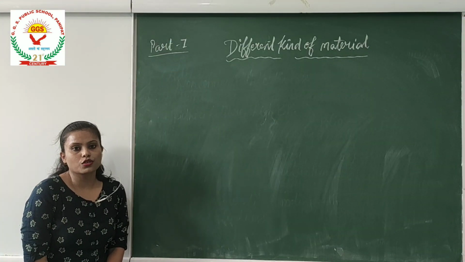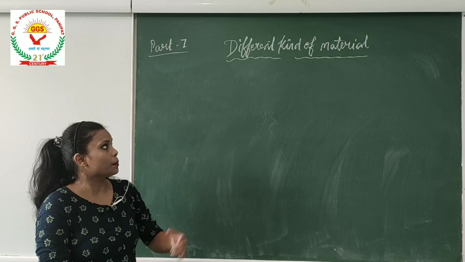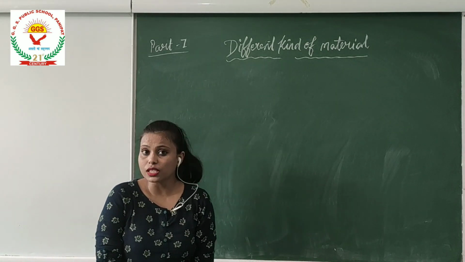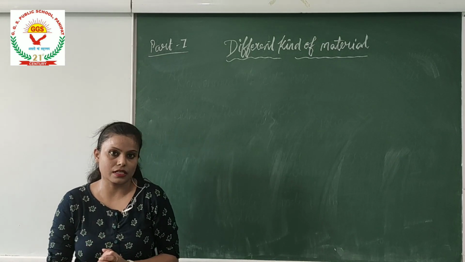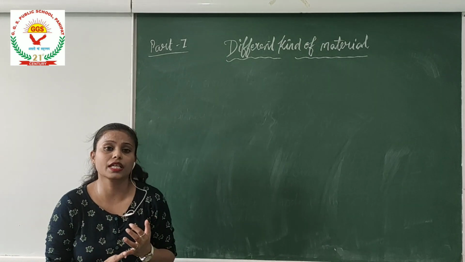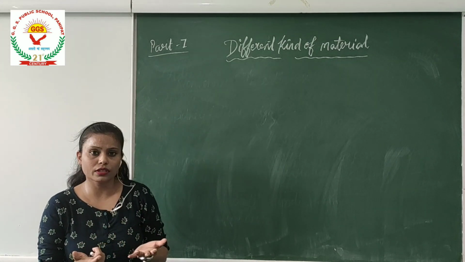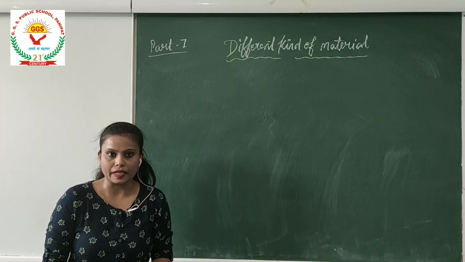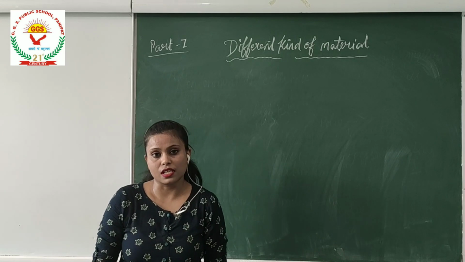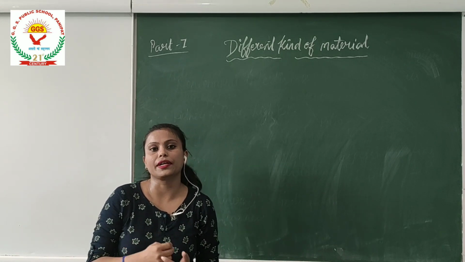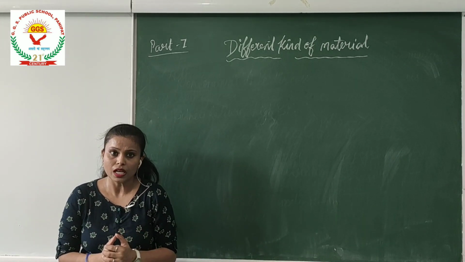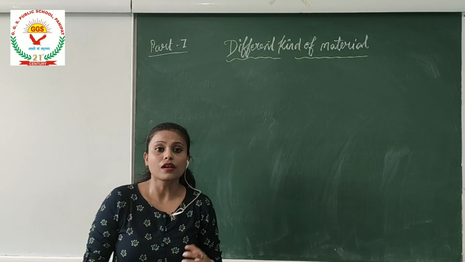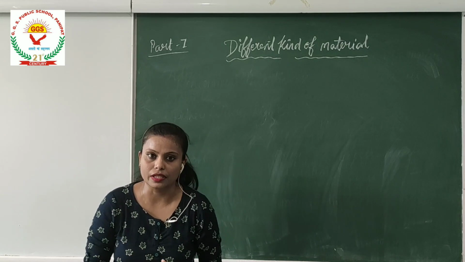Hello students, so today we are going to study the science chapter, different kinds of material. Look around yourself. What will you see? You will see different objects like chair, table, TV, dress, clothing, cupboards, etc. These objects are all made up of different materials. Some are made of wood, some of plastic, and some of cloth or fiber. These are divided into categories according to furniture, crockery or clothing.